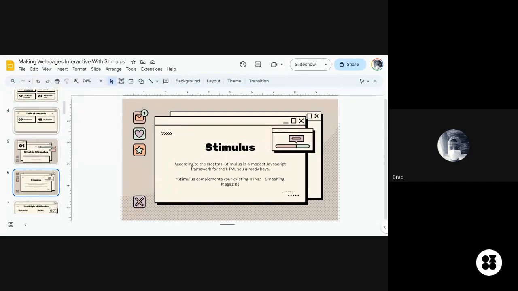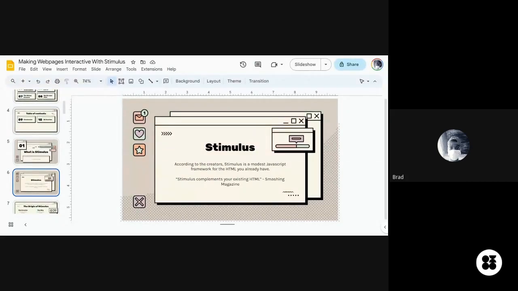It means that Stimulus does not concern itself with the way you render out your HTML, the way you style your page, the way you structure your style sheet and the likes. It just wants to do something very well.